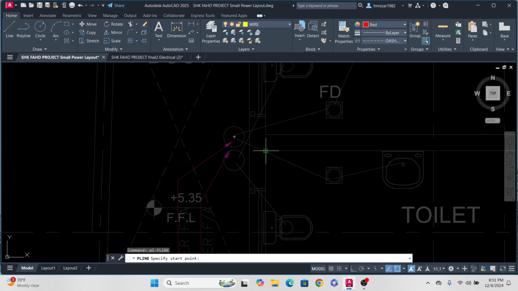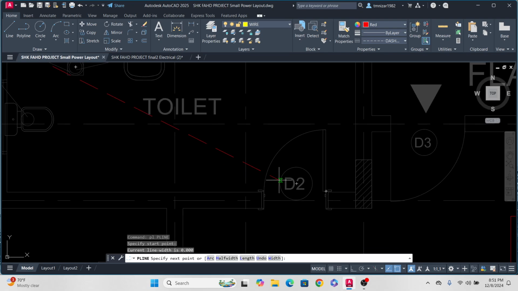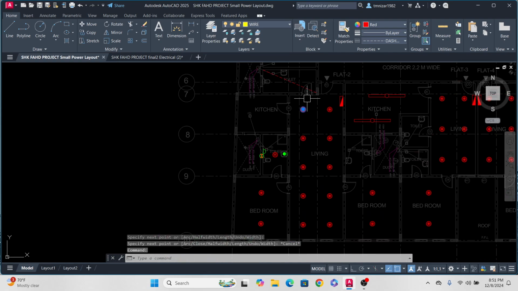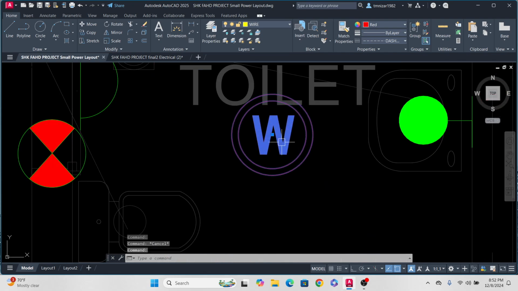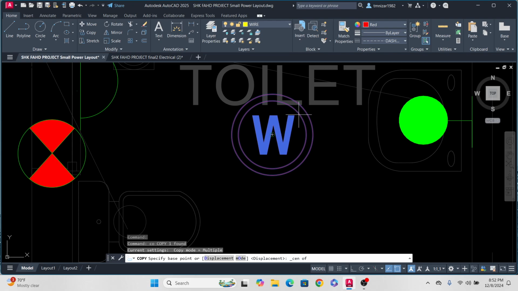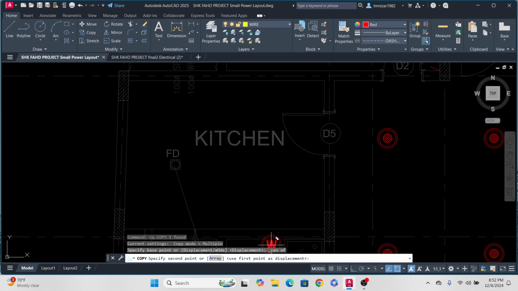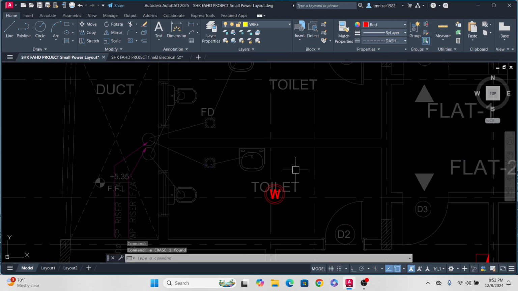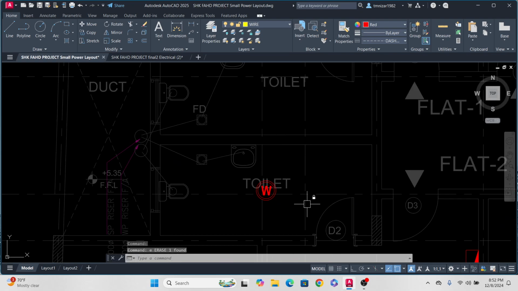We can draw a polyline like this and copy one of this light, copy and click from the center point. Okay, then we go here and click. This is one way. And the other one, the easiest way, which I'm going to teach you, just copy this one,